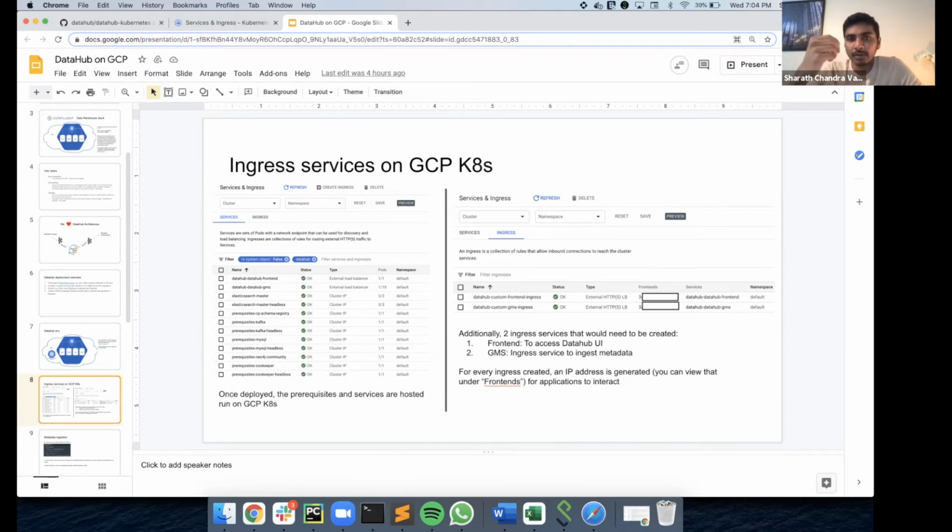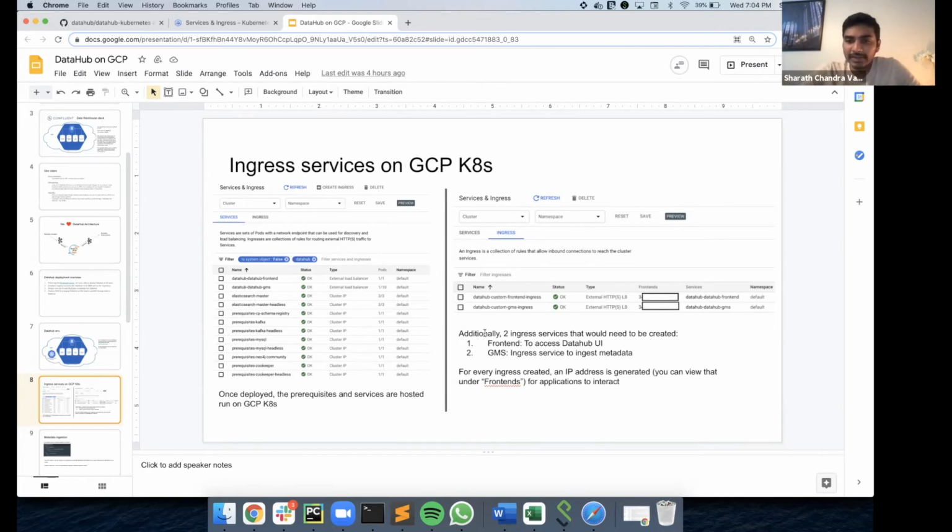GCP provides a good way to create ingress services. If you look at this slide here, we have all of these DataHub services and prerequisites that are running, and all we had to do is click on the two services, which are the front end and GMS, and just create ingress services on this.